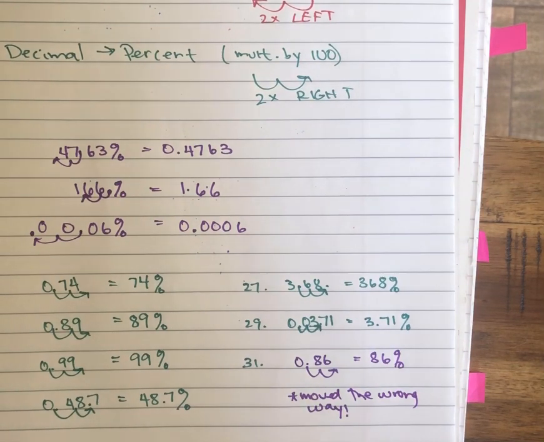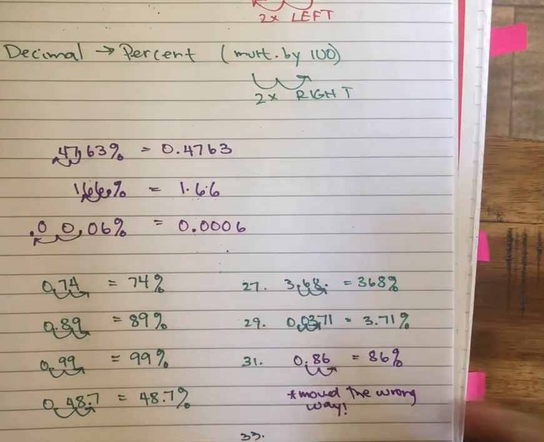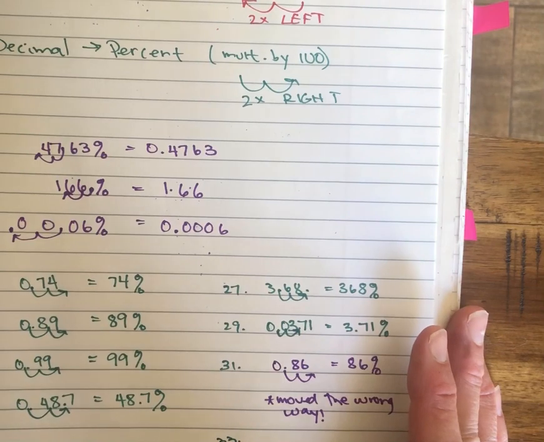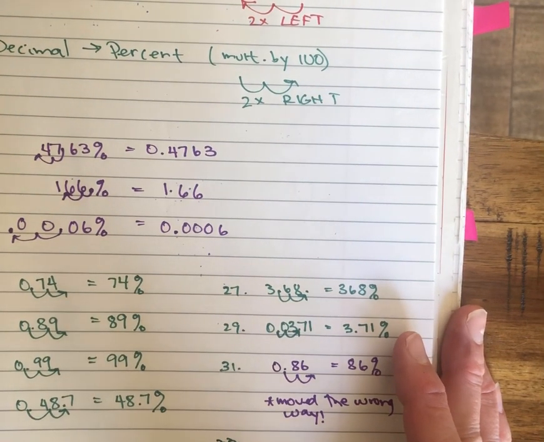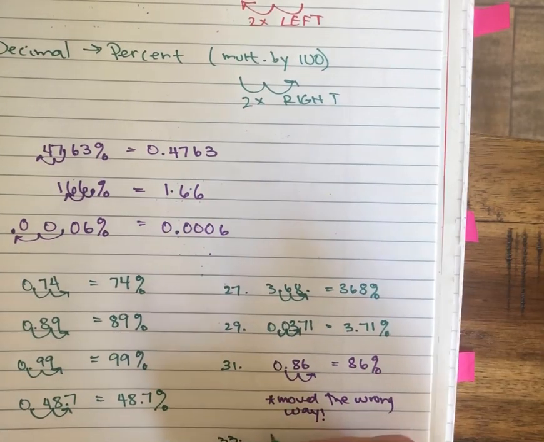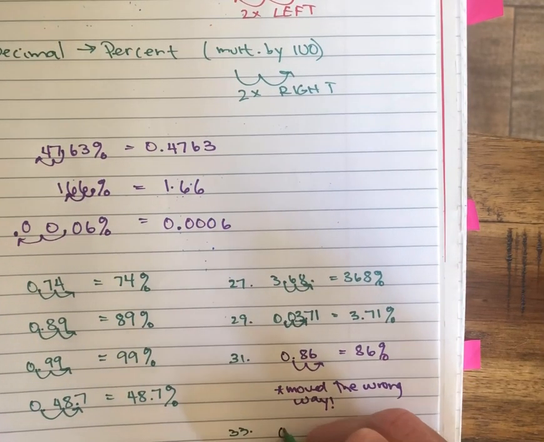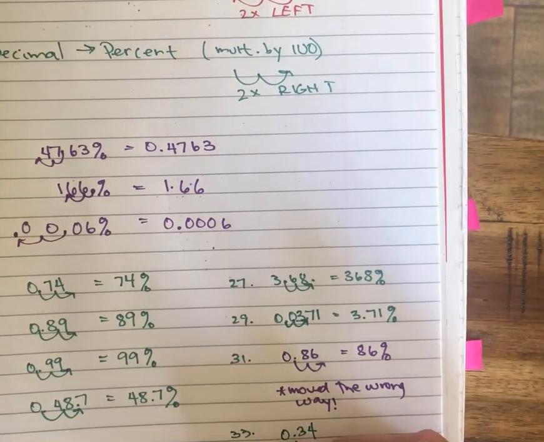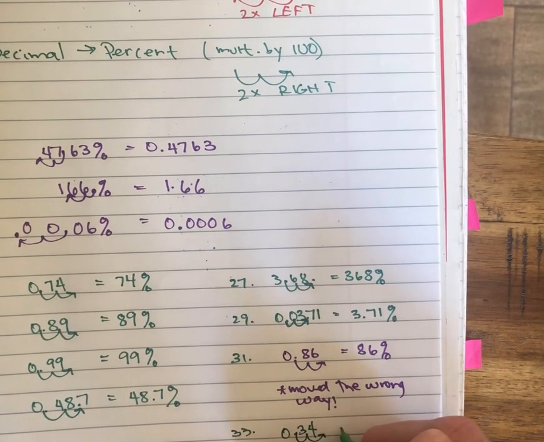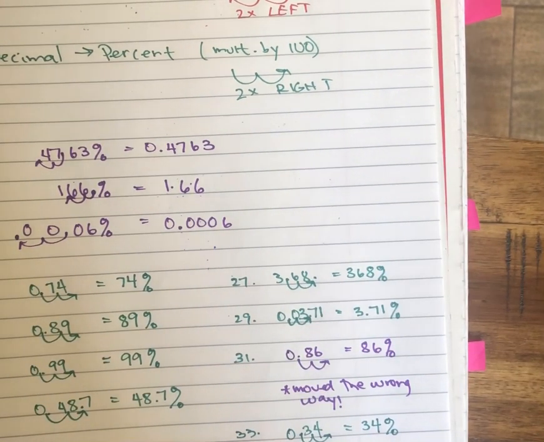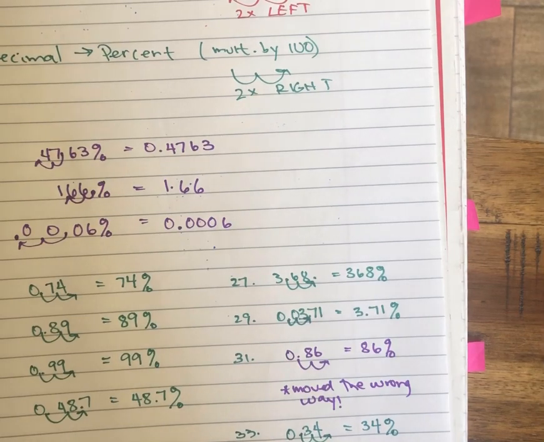All right, we have 2 more. 33 says that, what does it say? About 34 hundredths of the length of a cat is its tail. Write this decimal as a percent. So 34 hundredths as a percent is the same as numbers 19 to 31. Multiply by 100. So the tail is about 34% of the cat's total length. Okay,